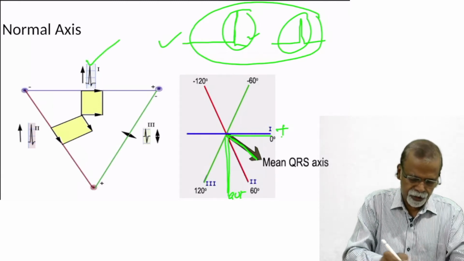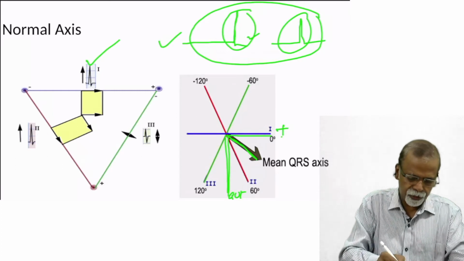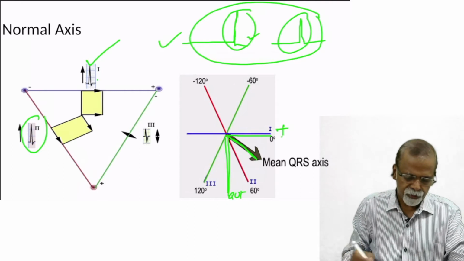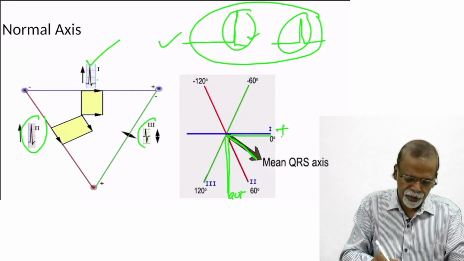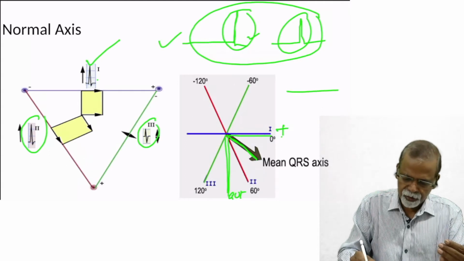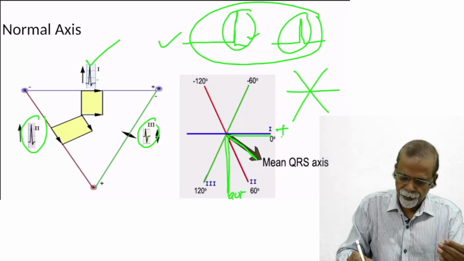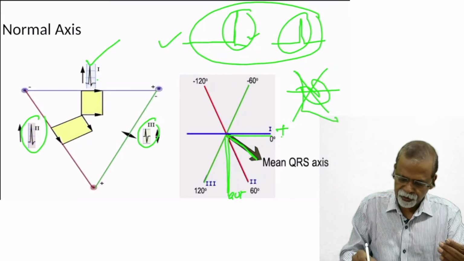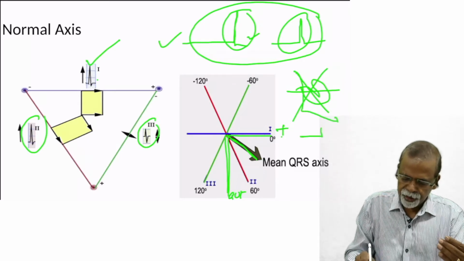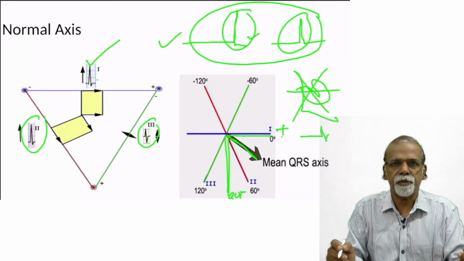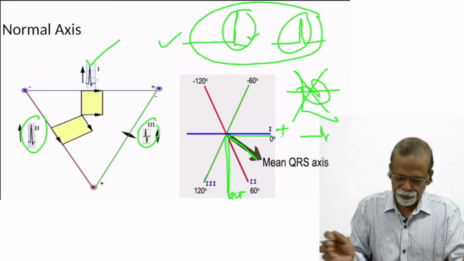This is lead 2, and again you can see lead 2 is more positive than lead 1. And in lead 3, there can be a little equiphasic deflection, because the heart is here, and the current is going, the initial part towards and the later part going away. That is why in lead 3, sometimes you may get a negative deflection also. So you can ignore this for the time being. Hope this is clear to you.